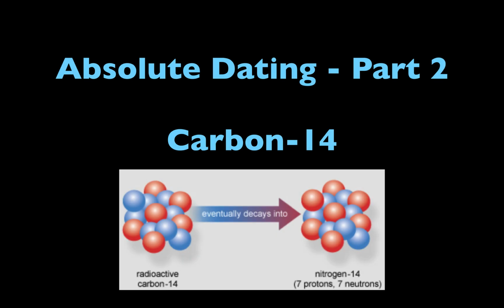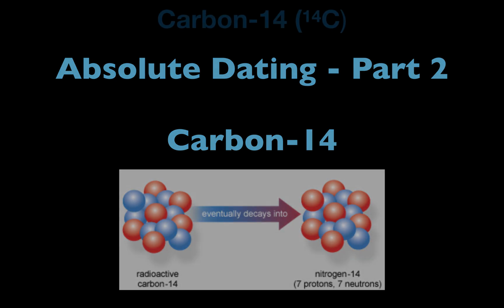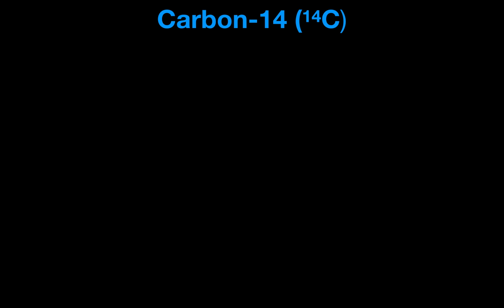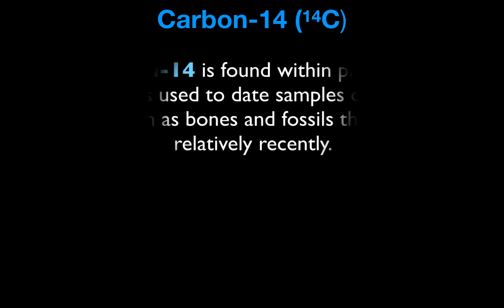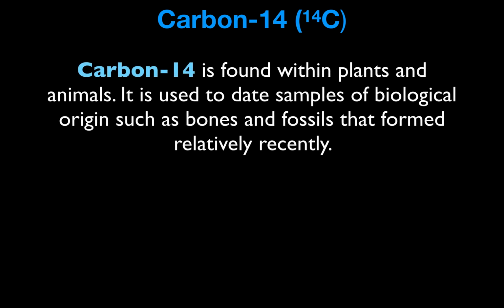In this video, we're going to explore the concept of absolute dating further, specifically through the example of one radioactive isotope, which is carbon-14. Now, carbon-14 is a really important radioactive isotope for determining ages of different samples that live throughout Earth's history. And specifically, carbon-14 is found frequently within plants and animals. For this reason, it is used to date samples of biological origin, such as bones and fossils, that formed relatively